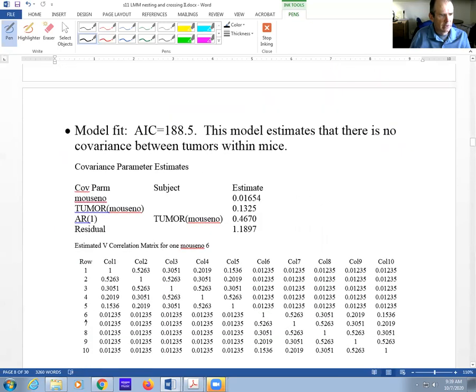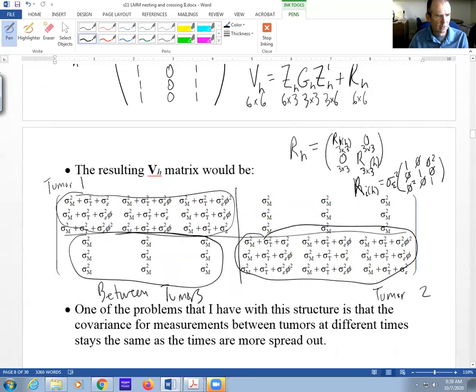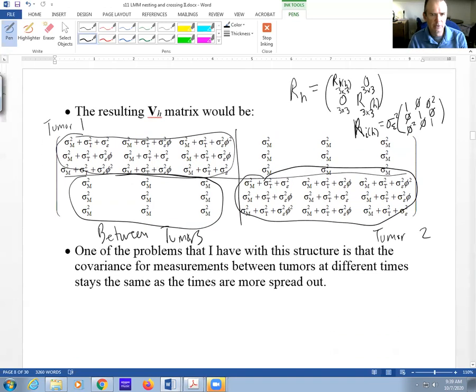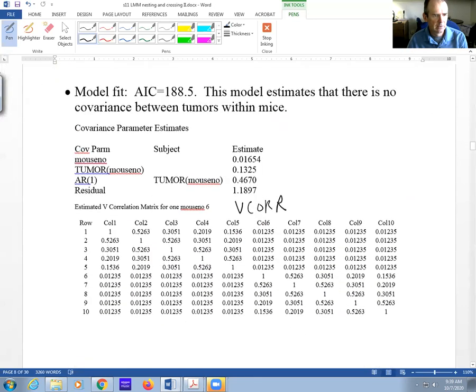So fitting this structure, if you request the V, like in your random statement, if you put V or V core after the slash, in this case V core. So we got this from using the V core. This is the numerical version of this structure that I wrote here, and you're going to do the same thing for your homework questions. You kind of write out theoretically what it looks like, and then you can get the numerical fit for it to see what that